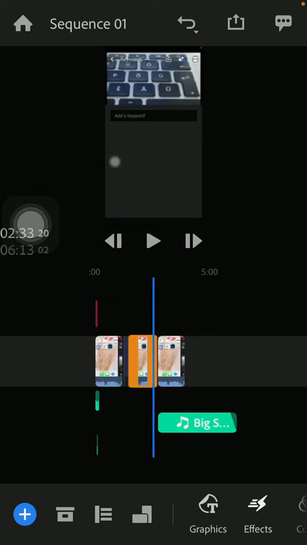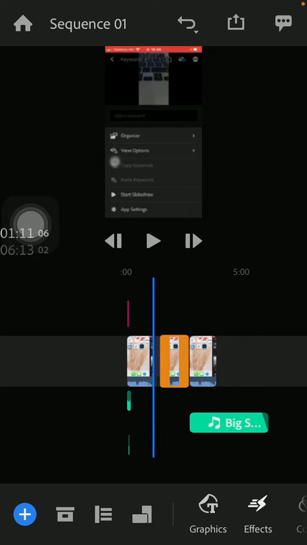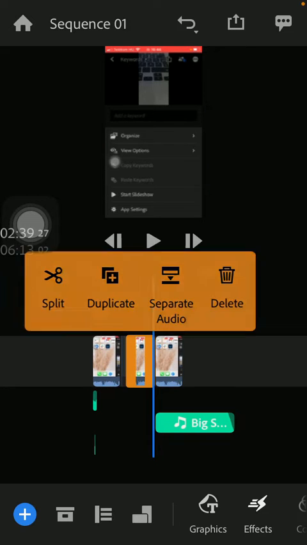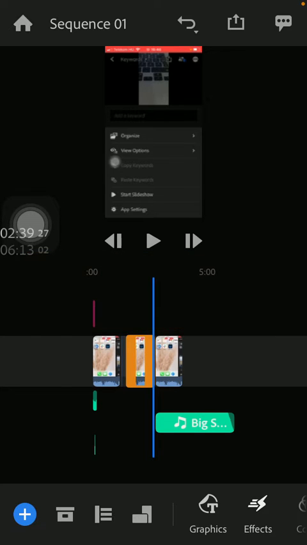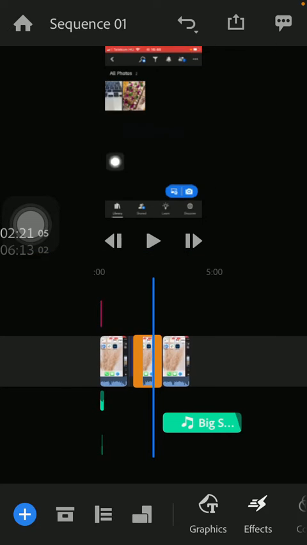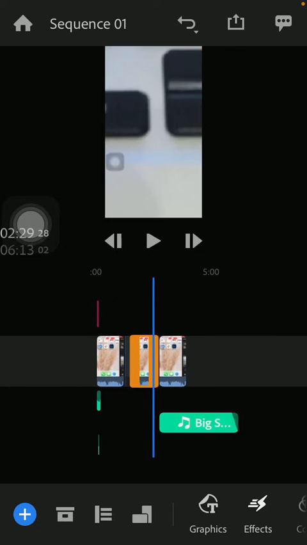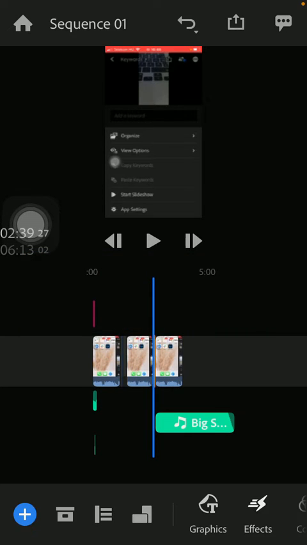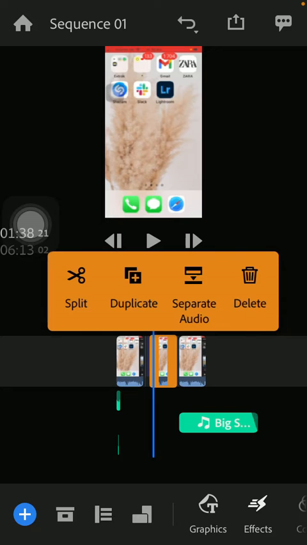created, and now these are added to your video, as you can see in this section, which is indicated with this orange frame. So if you tap on it, you can either split it or duplicate it, separate the audio, or delete it